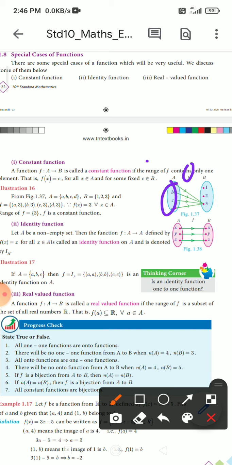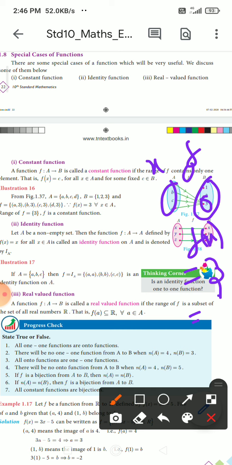So these are all the x values, and the f of x value is the same value, that means 3. The 3 is a constant value, isn't it?